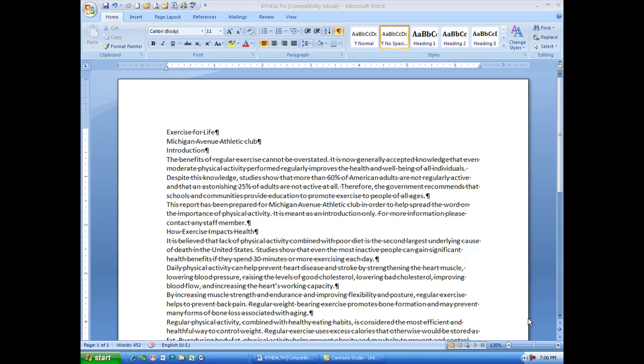This lesson's on columns, specifically newsletter style columns. There are several ways of getting the same effect or similar effect. You can use tables to have data in one column, and then you can put data in a different column. However, if you're looking for a newspaper or a newsletter style column, of course you want to type all of